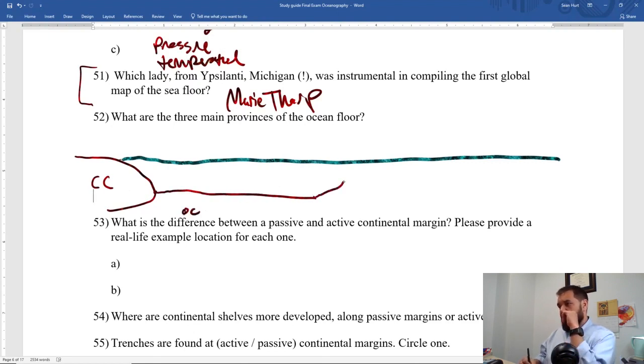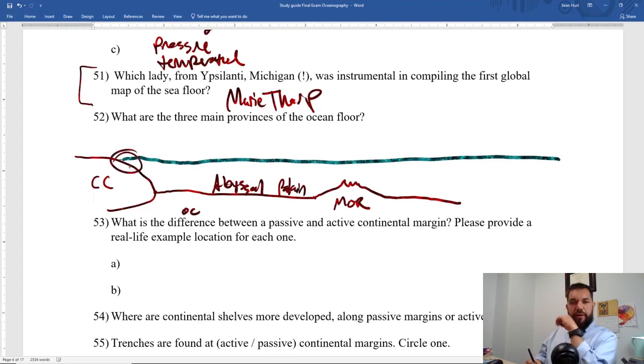Now, in the middle of the ocean there's a ridge, okay? That's the mid-ocean ridge. And then it goes to these parts that are called the abyssal plains. So the abyssal plains are the very deep parts. These shallow parts where the ocean is underlain by continental crust, that's called continental shelf. Okay.